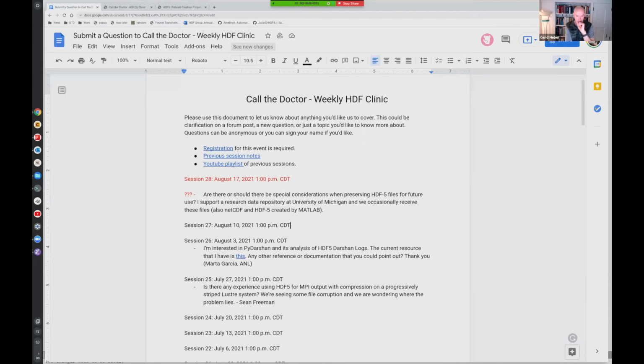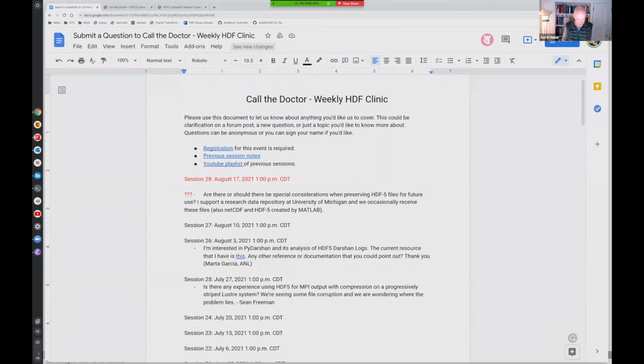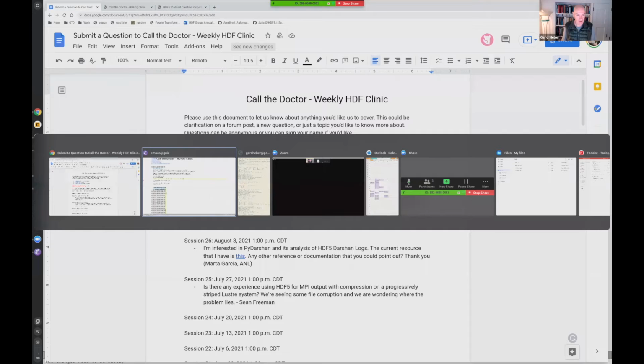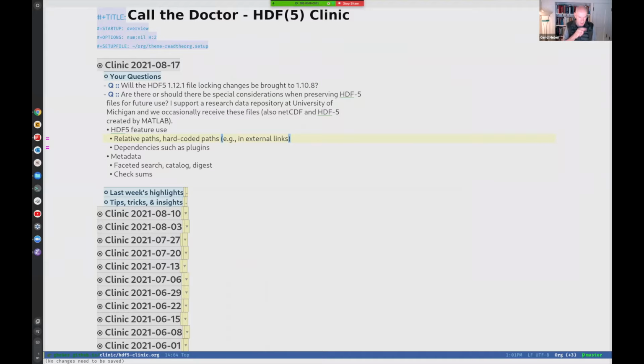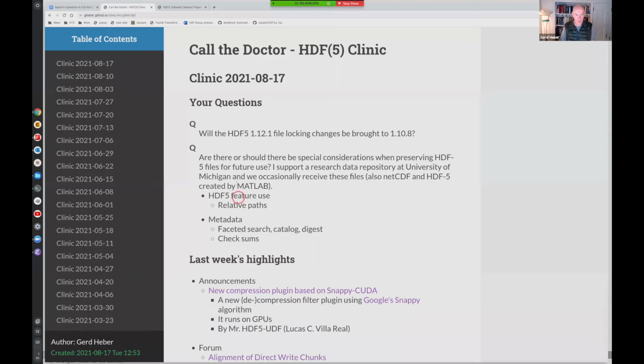Excellent question. Since I saw this question about half an hour ago, I started scribbling down a few things in the org file, and later I'll commit that, and then all the notes will be visible on this web page.